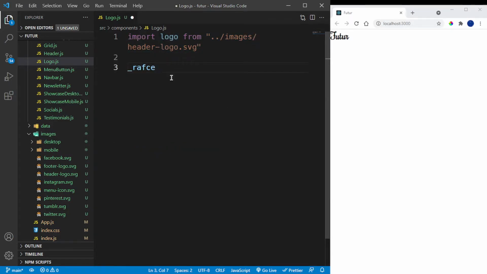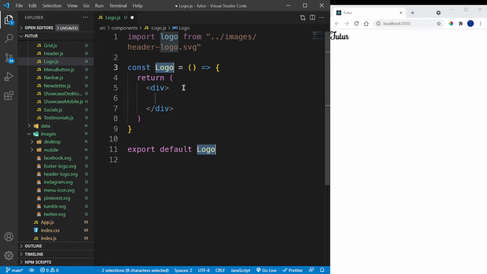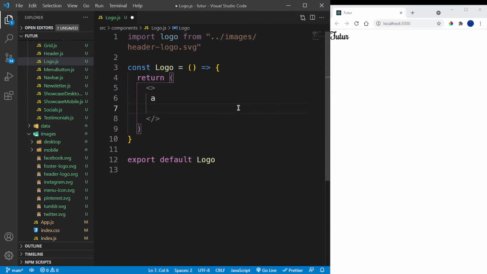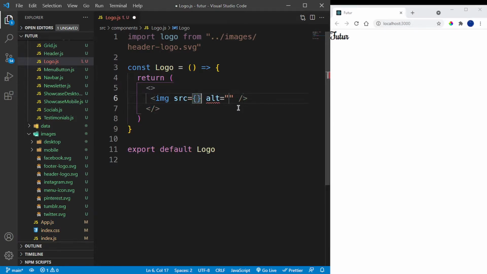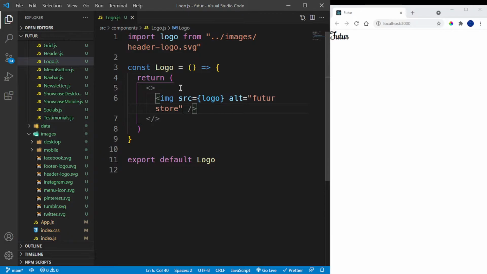And remember, if you type this and it doesn't give you any suggestions, then you can say Control and Spacebar, and you can just press enter or tab, or you can click on it and it should give you this. Now inside here, I'm just going to return an image that goes to logo, which is the source, and for the alt I'm just going to say Future Store, like so,